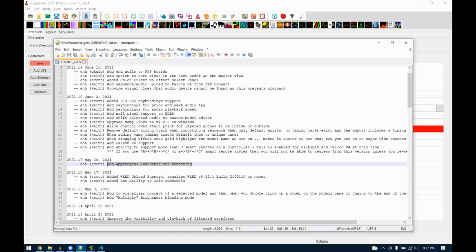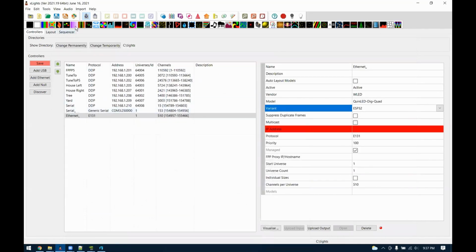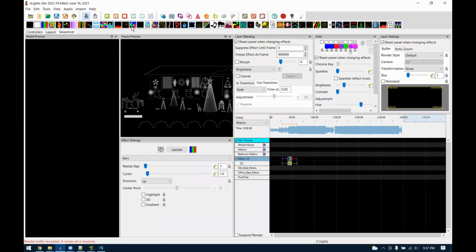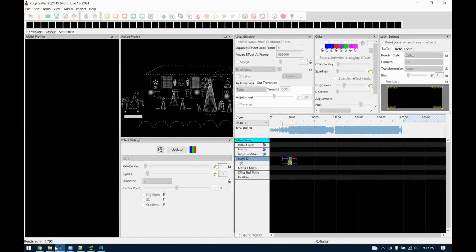So in .17, the only thing I added was this progress indicator for rendering. If you're on Mac OS or Windows, now if you're in the sequencer and you do a render all, if you look down here in the taskbar, it'll show the progress. It's really quick because I don't have many effects on here,